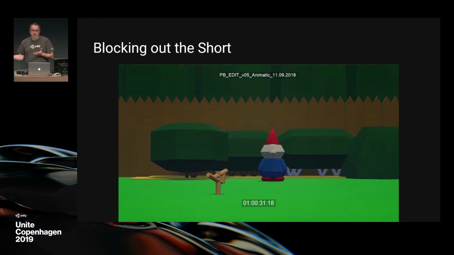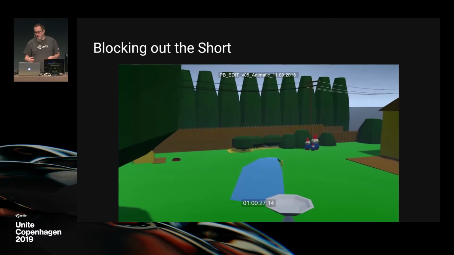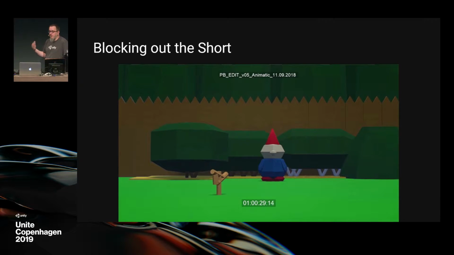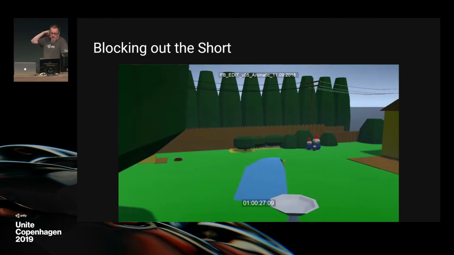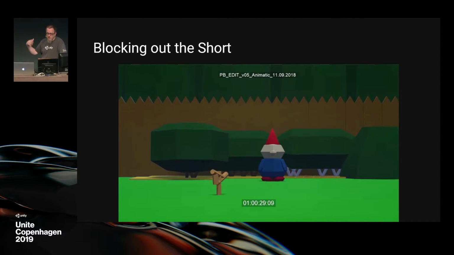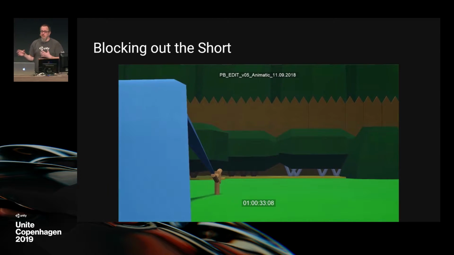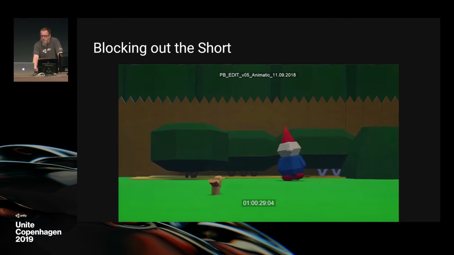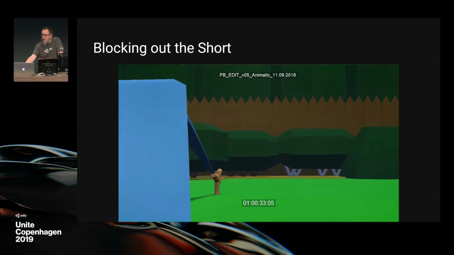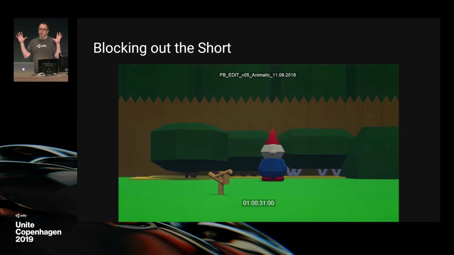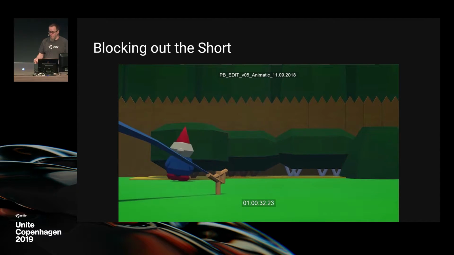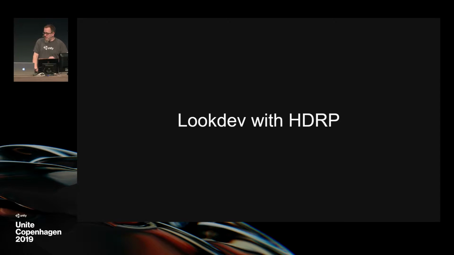So this was actually the animatic that Brian put together in a matter of a day or so, just roughing out the ideas of the story. This was actually all done in Maya. We loaded the whole scene in, dropped the animation in, and he just quickly iterated on it. And then Mark Droste, our director, went through and added a quick camera pass. We initially shot it really wide just to give Brian some space to work,